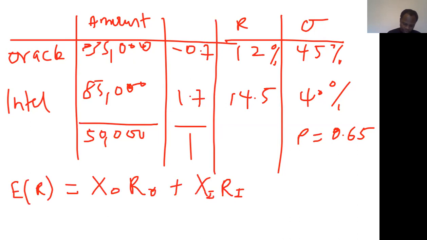That gives you minus 0.7 multiplied by 12% plus 1.7 multiplied by 14.5,